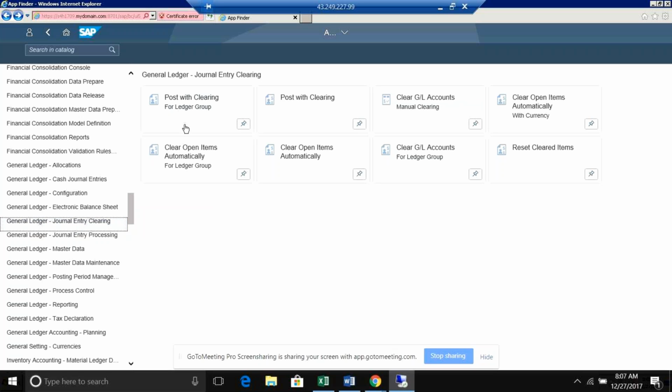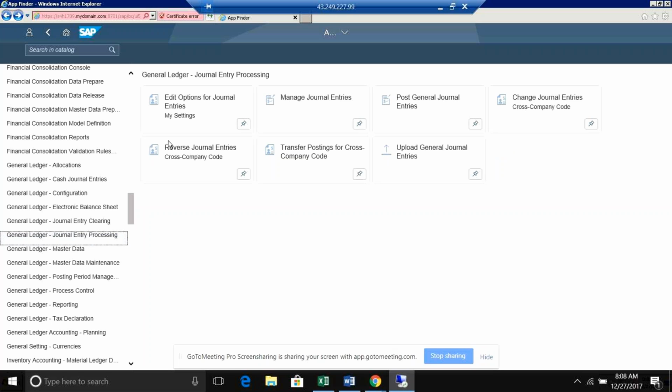Post with the ledger group, post with clearing. So these are also what we can see there. Clearing accounts, ledger groups. Okay, these are all clearing transactions. Processing. Options for general entries, manage general entries.